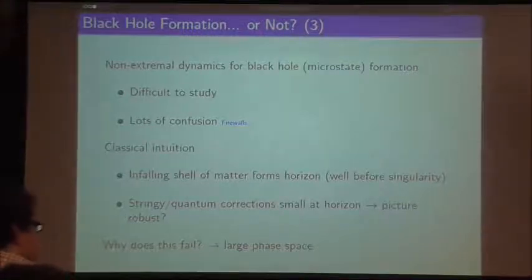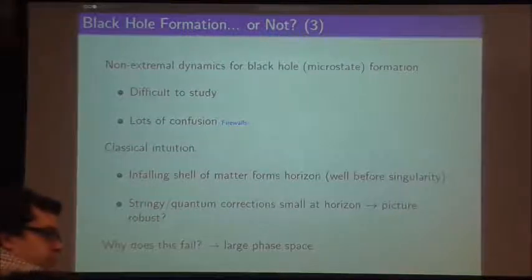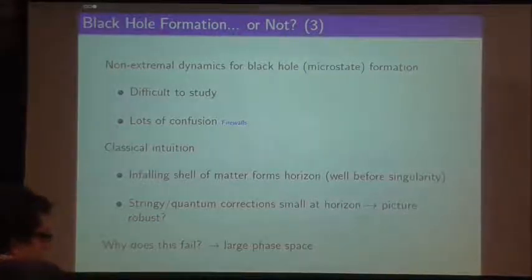I see. So entropy is not your main concern. Right, entropy is not my main concern. Information paradox or things like that. Right, this is related. It's all very much related, because if you have all these microstates instead of the black hole, then the information paradox is more or less solved. But yes, my main concern here is going to be the classic infalling shell of matter, and I'm going to say what's going to happen here.